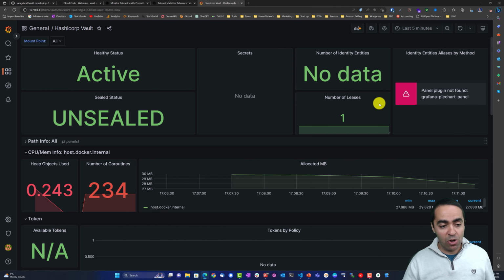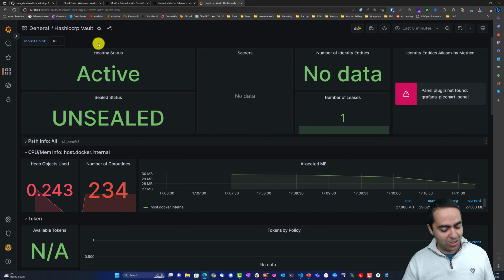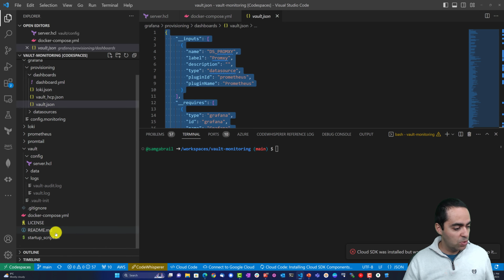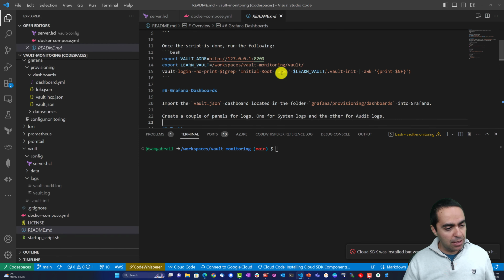And all these are metrics basically. This is all using the Prometheus data source as our data source. So we want Loki to become our second data source here, right? So what we can do is go back to our README,